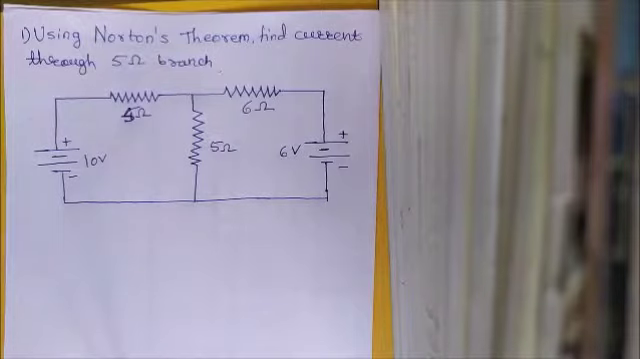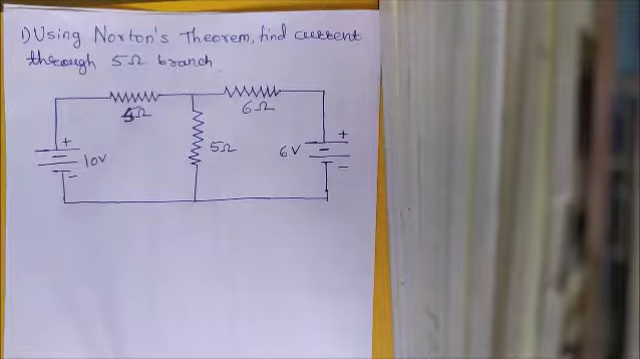In last lecture we discussed Norton's theorem, and how to calculate the current flowing through any branch using Norton's theorem. Firstly we short circuit the branch through which we have to find the current, and then we calculate the short circuit current. Then we calculate the Thevenin's resistance RTH, which was calculated by short circuiting the